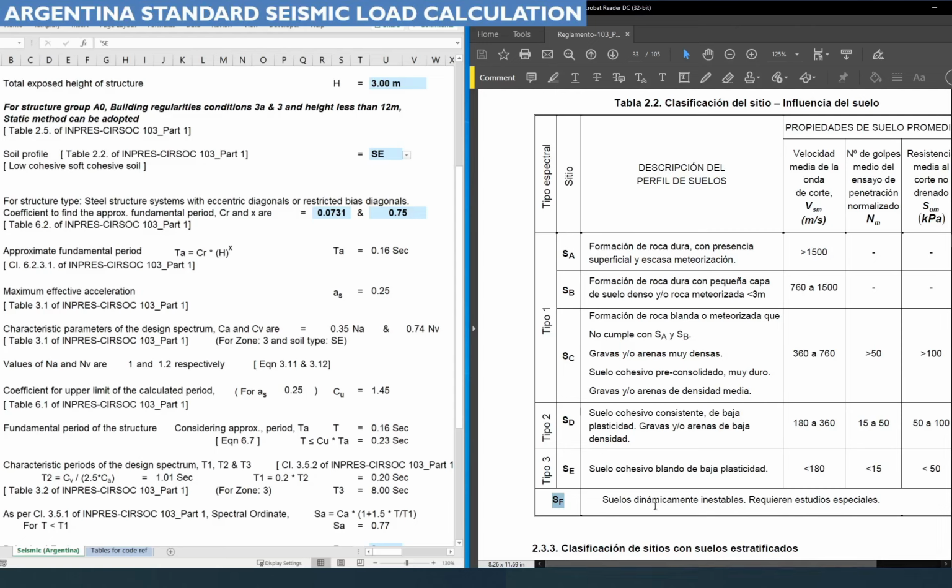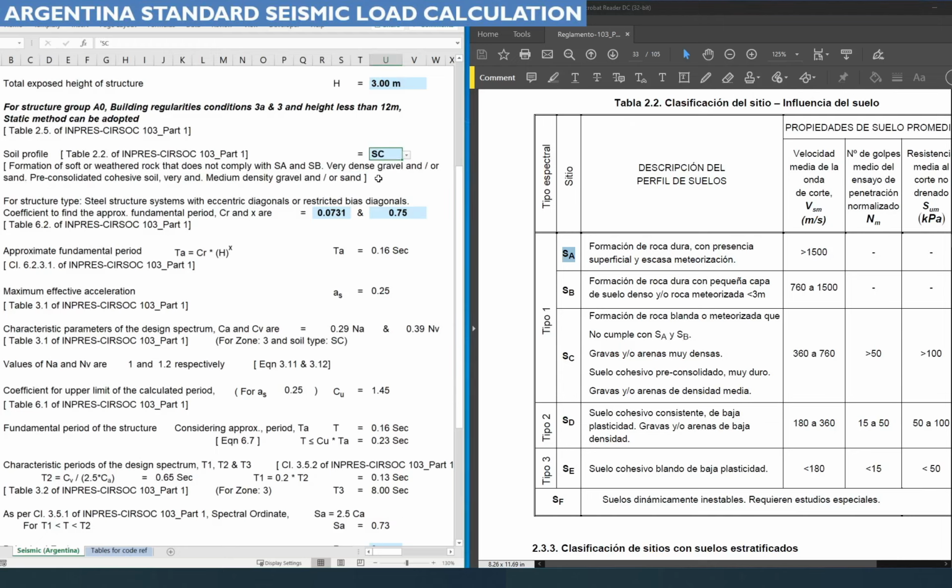which is to be referred to and analyzed at the site or the construction project, to decide what kind of methodology can be adopted for seismic analysis. But the code will give the seismic methods only for these five kinds of soil type: SA, SP, SC, SD, and SE. So we will consider SC for our calculation purpose here.